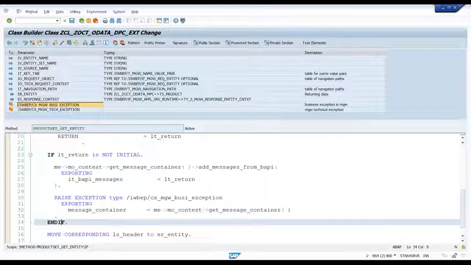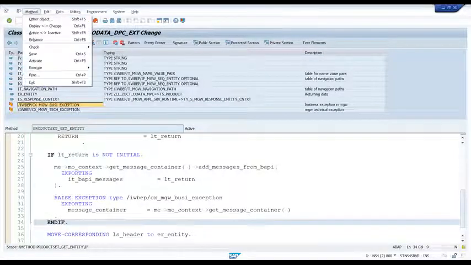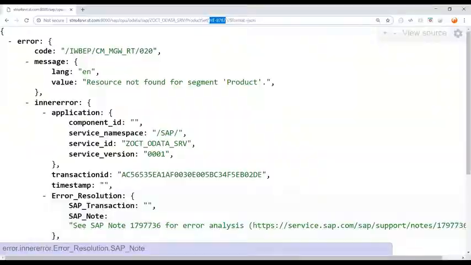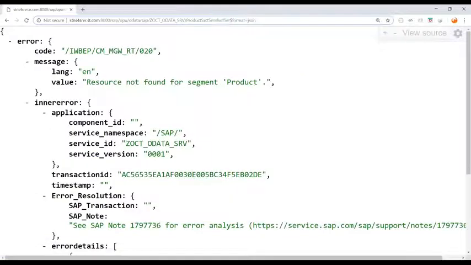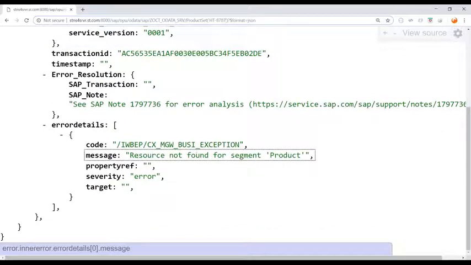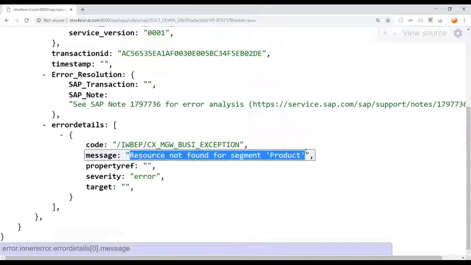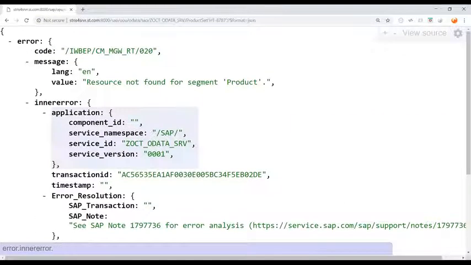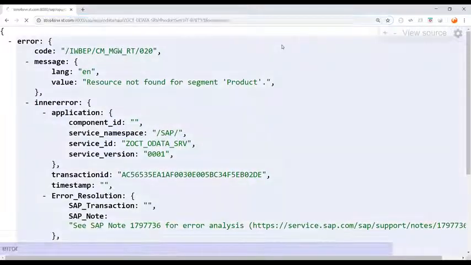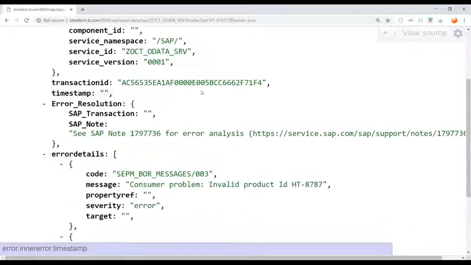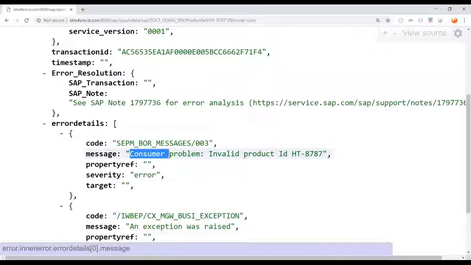Superb, that's what we wanted. You can see it's been completed. Now let us go ahead and execute it. So now I can come back and watch out. Earlier I was giving a wrong product ID and I was getting so many technical errors, resource not found for product, right? Watch out now. Press enter and let's see what it produces. You see, consumer problem, invalid product ID